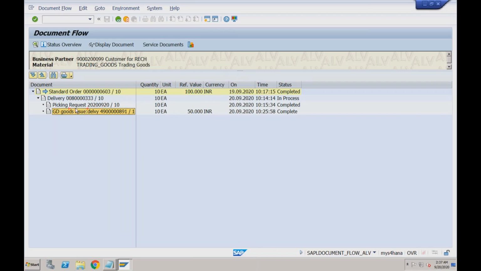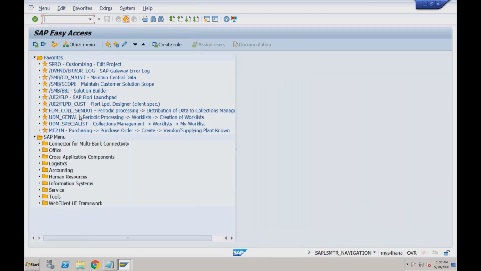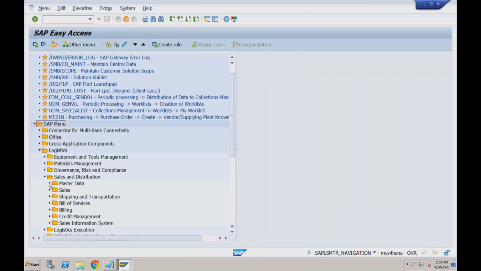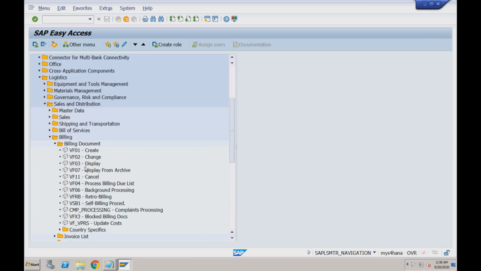The next step, once you deliver the material to the customer, is the stage when you create a billing. You normally create a billing to the customer so that the customer can pay you against that particular bill. So for billing, again, you will be able to go through logistics, sales and distribution, billing document, and you will be able to see this transaction VF01, which is to create a bill. If you double click on this,